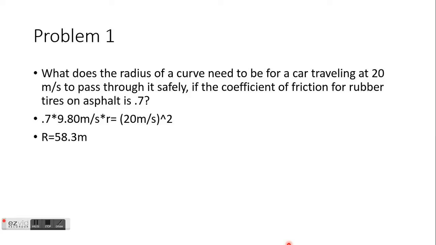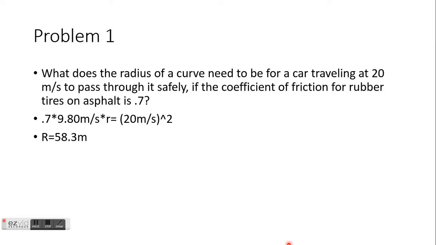And so one interesting application of this is that when you're driving or watching your parents drive, and as they go through curves, the curves have different speed limits, and this is how they calculate those speed limits. So this is a car, and it's traveling at 20 meters per second, so that's 40 miles per hour. So if the radius of the curve,